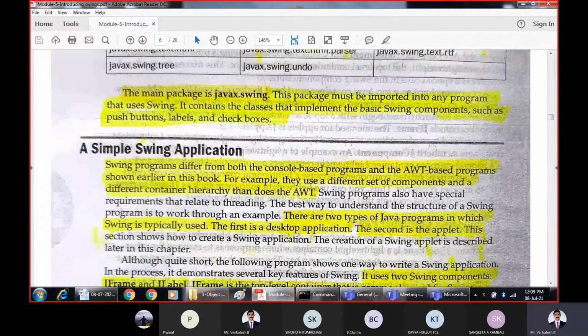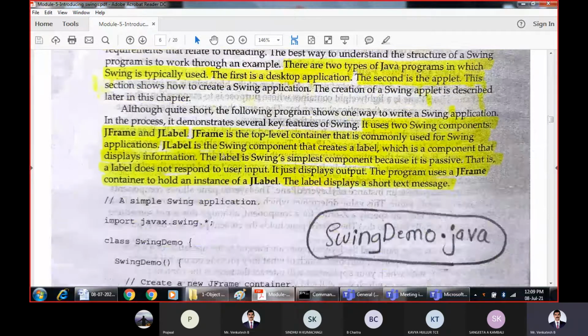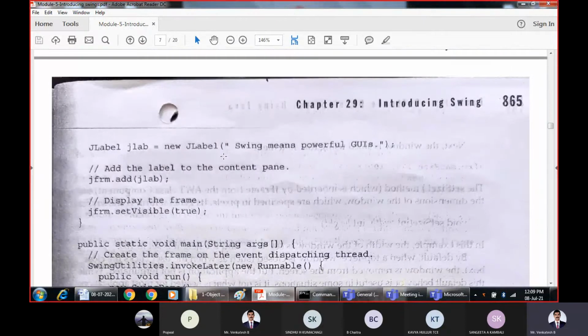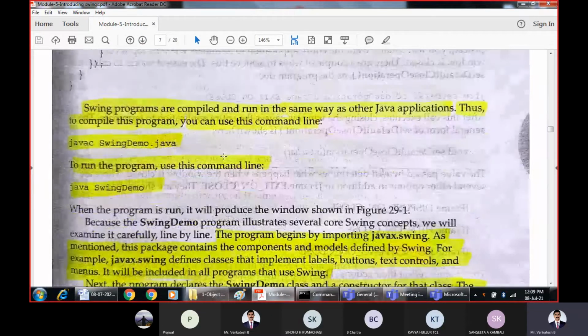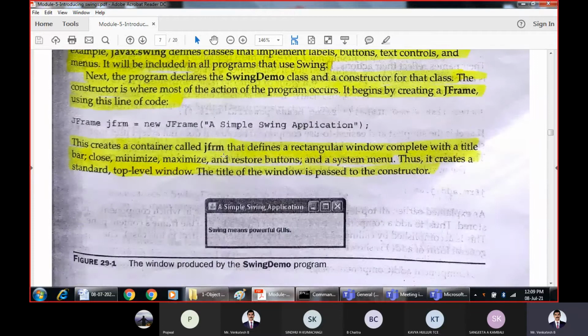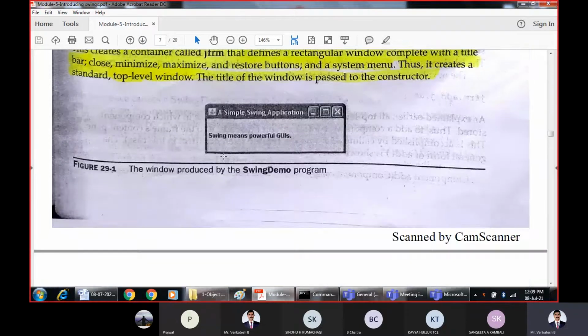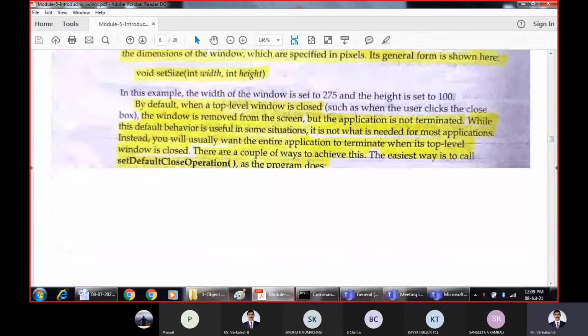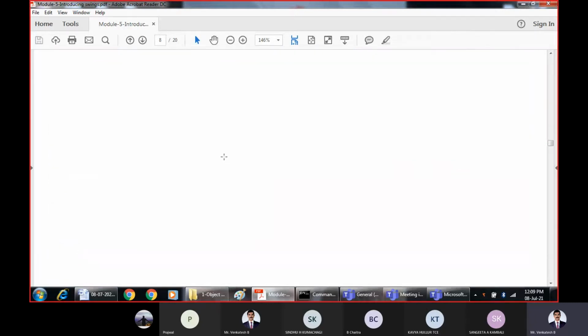That simple swing application did not handle the actual events. We were using a passive entity called a label, and a sample label was displayed onto the screen.